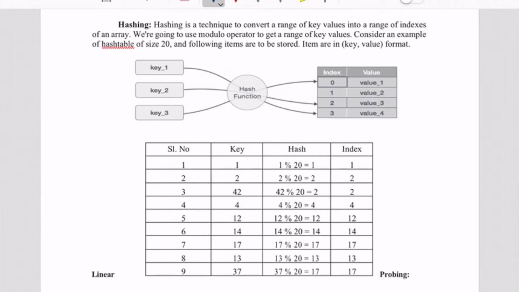2 keys can hash to the same address. This is called a collision. As you can see here, the values 2 and 42 both hash to the address 2. This is called a collision. This can be handled by using one of the collision resolution methods. In our program, we are going to use linear probing, which is just looking for the next available space and storing the record in the available space. Let us assume the index we have got is 2. So we are going to look at the address 3 next to see if it is free. If it is free, that particular memory space is used to store our data.